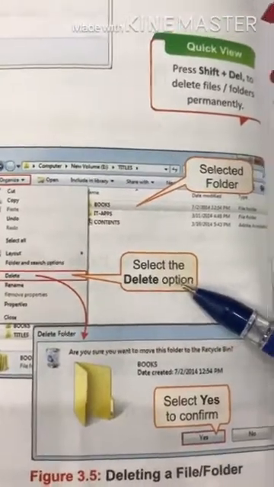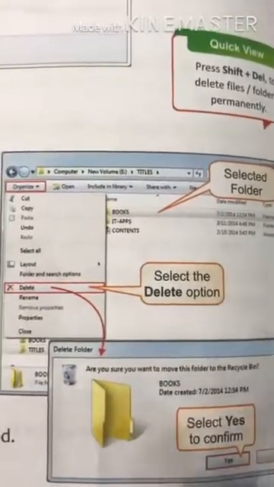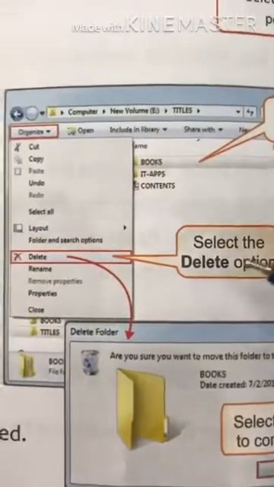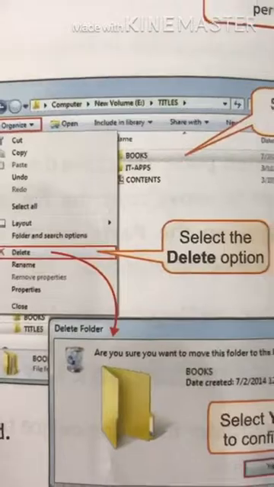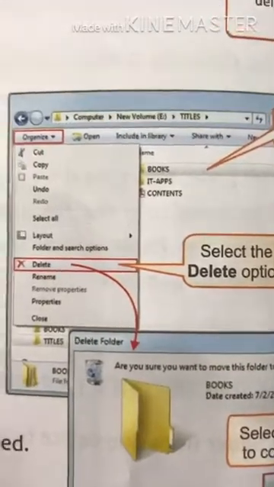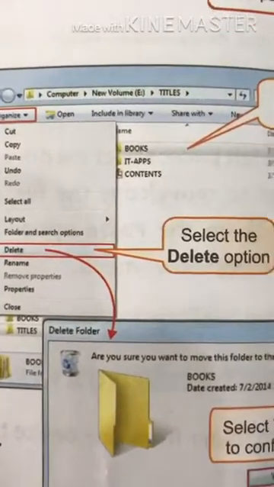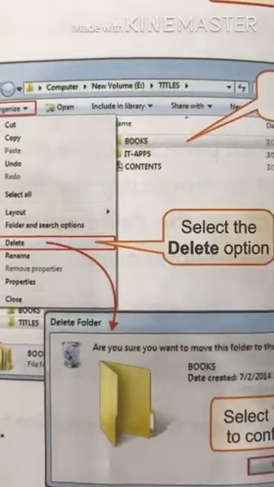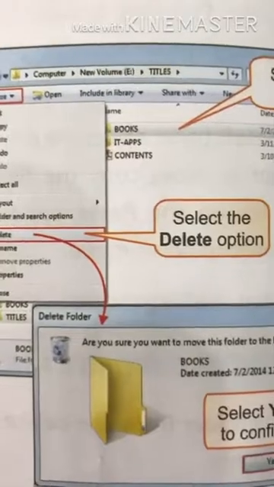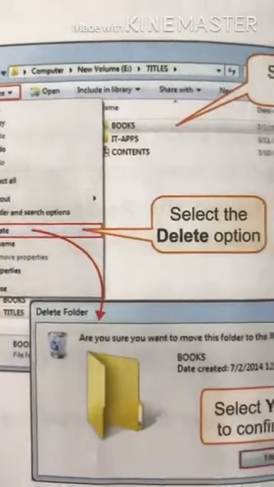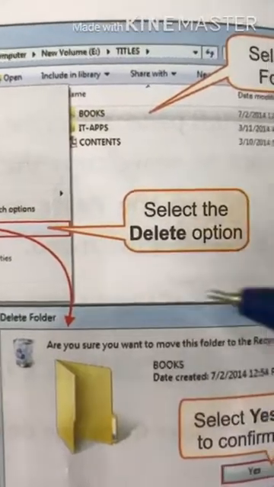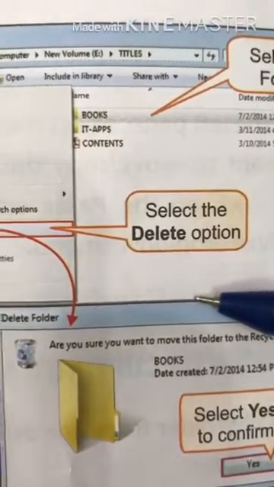One more thing, children: if you want to delete any file or folder permanently, there are two options. First, you go to the recycle bin and delete the files from this recycle bin.